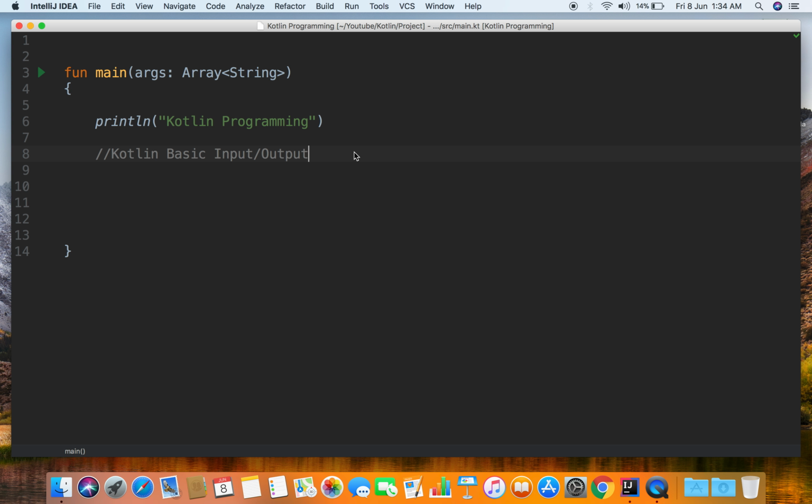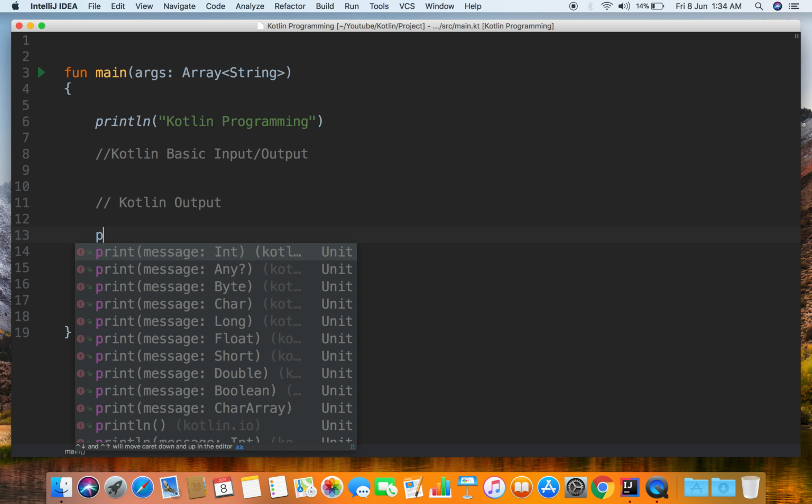So at first we will show the Kotlin output. You can use the println and print functions to send output to the standard output screen. Let's see an example. Suppose